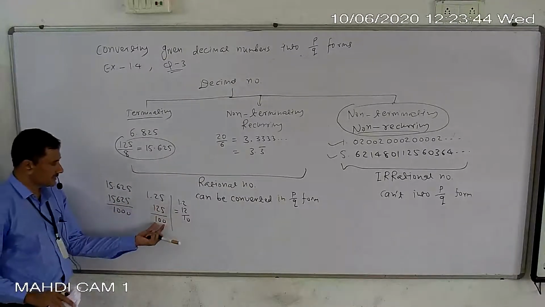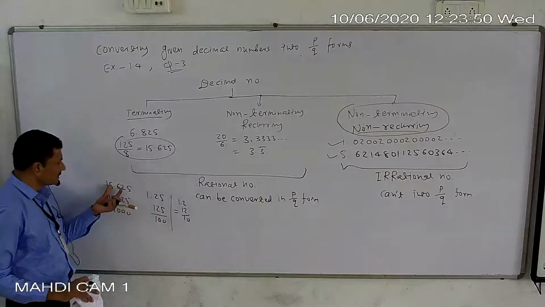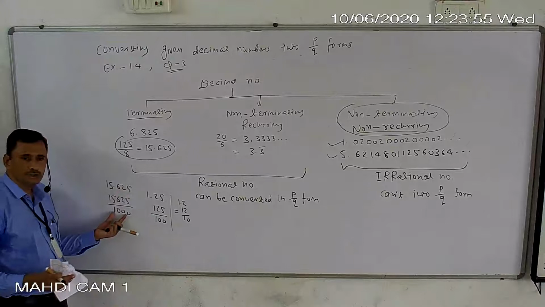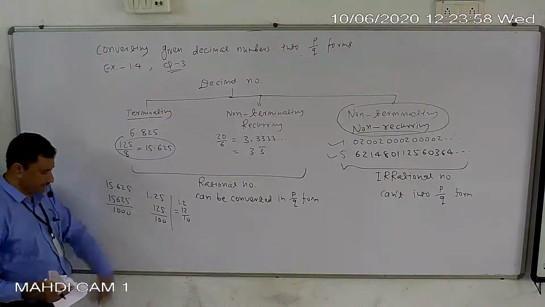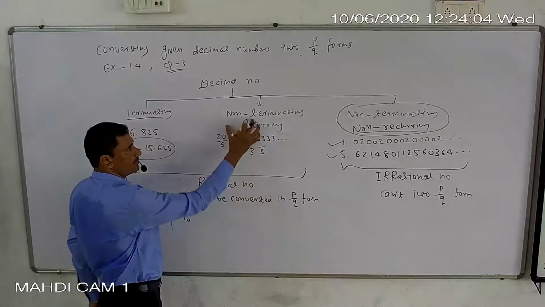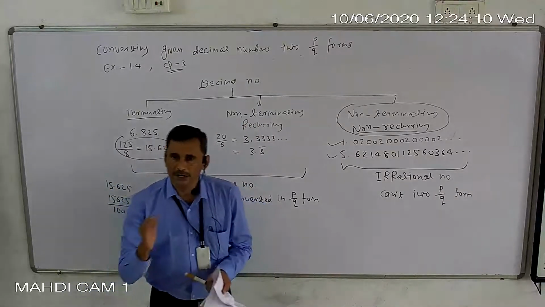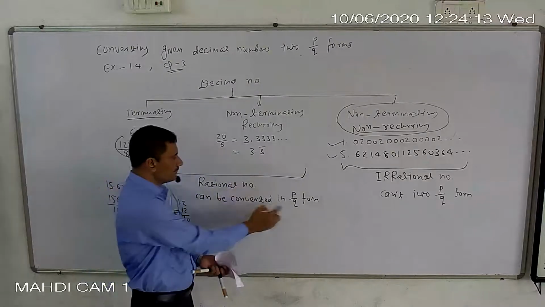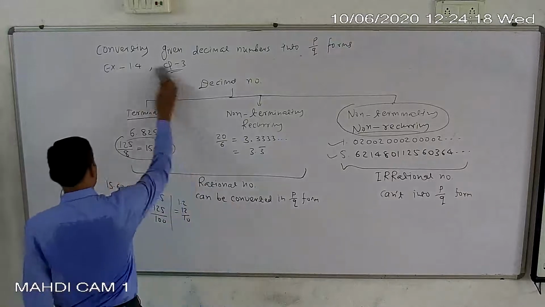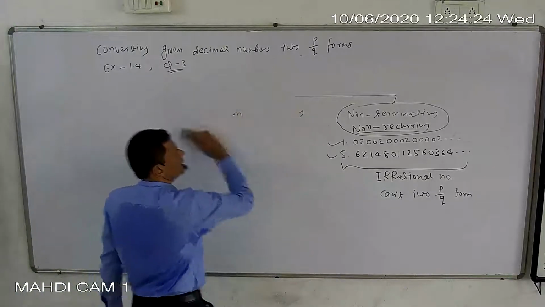Why? Two decimals are there, so 100 is placed; one decimal is there, so 10 is placed in the denominator. Three decimals means 3 digits after the point, so 1000 is placed in the denominator. Keep this in mind. But now this is new for us, so our main concentration will be here only. So how to convert a non-terminating recurring decimal into P by Q form? This is our basic, and before starting, these are the things required to be known.